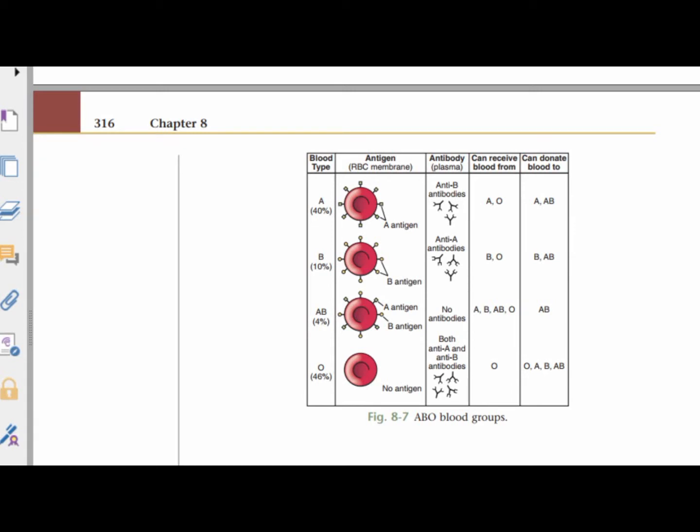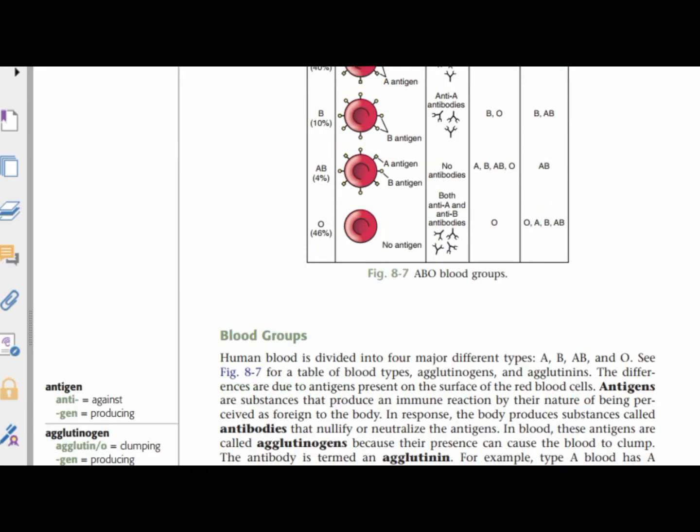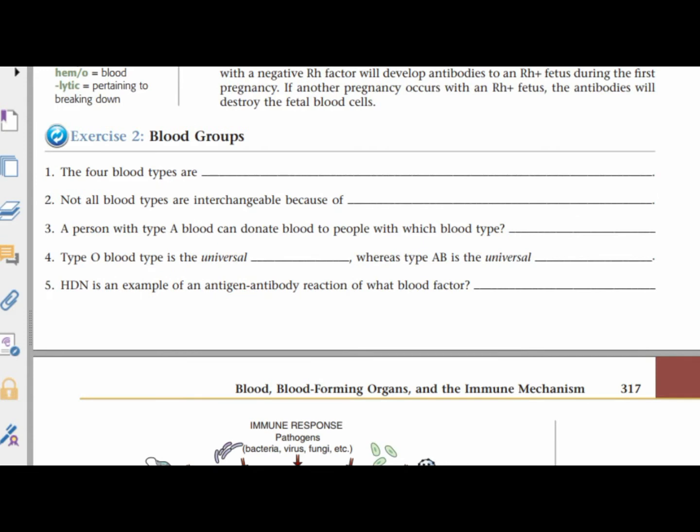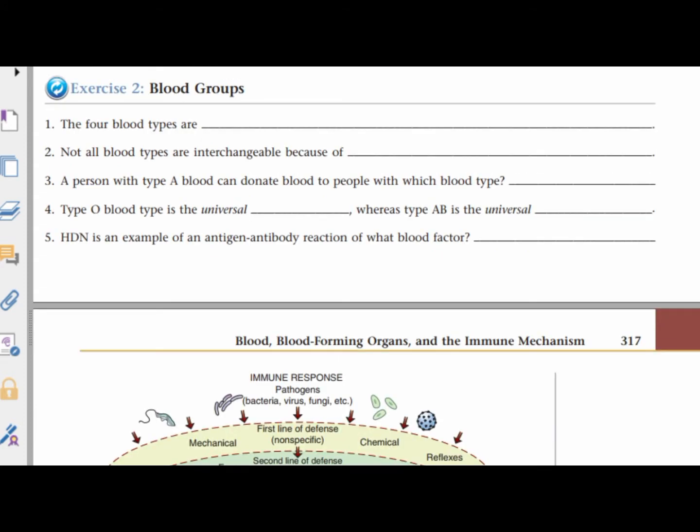Our lesson this evening is a continuation about the immune system. We're going to talk about the types of immune system. Basically, we use our immune system against pathogens: bacteria, viruses, fungi, etc. We have the first line of defense, which is the skin, our covering of the body. It is the first line of defense against pathogens, chemical, mechanical, and other forms of harmful substances